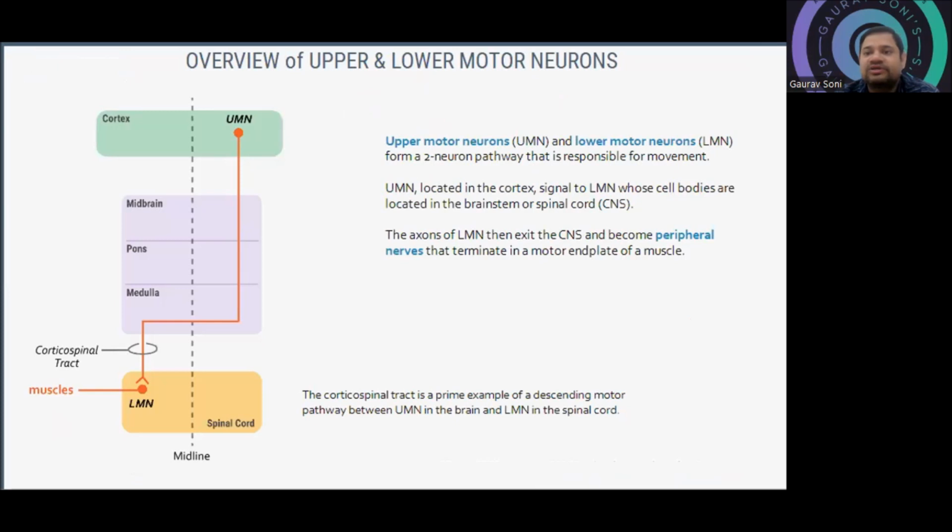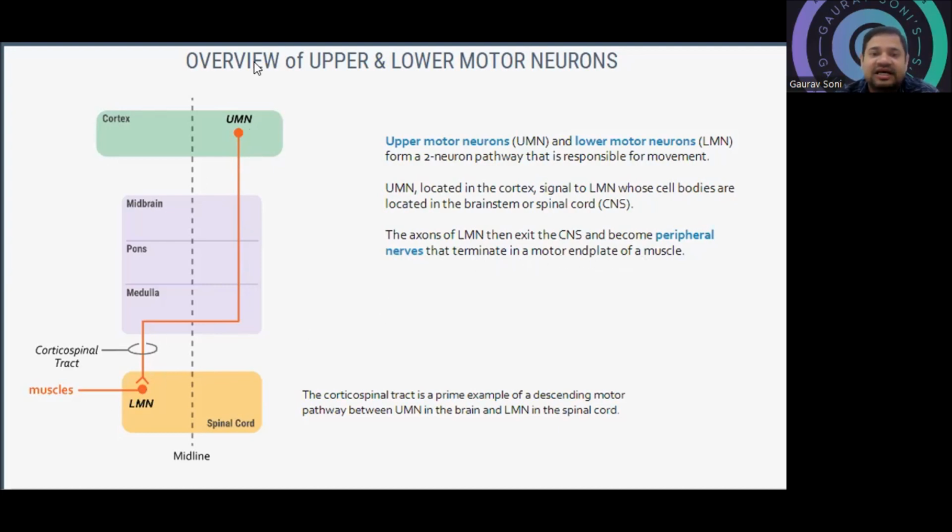Then about the upper motor neuron and lower motor neuron. Upper motor neuron and lower motor neuron form a two-neuron pathway that is responsible for the movements. The upper motor neuron, located in the cortex, signals to the lower motor neuron, whose cell bodies are located either in the brain stem or directly in the spinal cord, that is part of the central nervous system. The axons of the lower motor neuron then exit the central nervous system and become a peripheral nerve. So the upper motor neuron is basically for the cortex region, the central nervous system, and the lower motor neuron will be for the peripheral nervous system, which terminates in the motor end plate